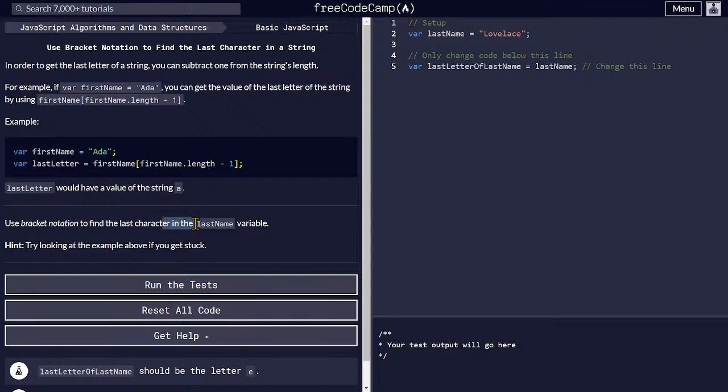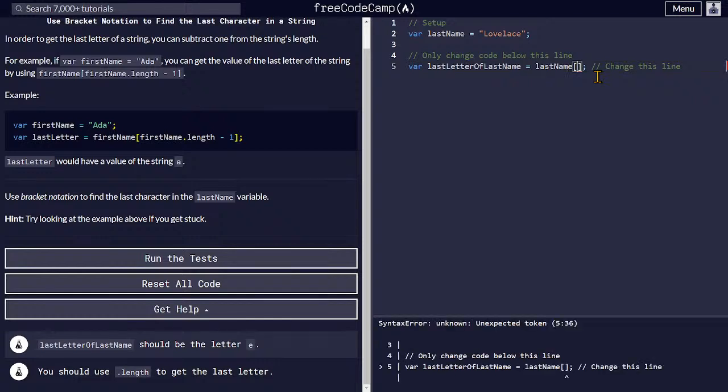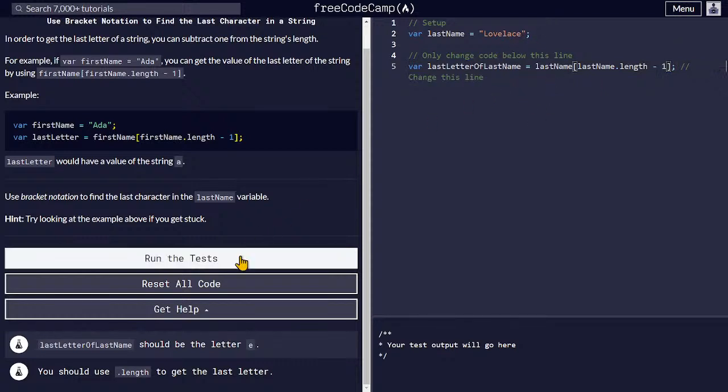Use bracket notation to find the last character of the last name variable. Try looking at the example. The last letter of the name should have the character E, like this E. You should use the dot length. So how we can do that is last name, and inside the bracket notation, we can calculate the length of this last name variable and subtract 1 from it, and it will give the last letter. So if you run the test,